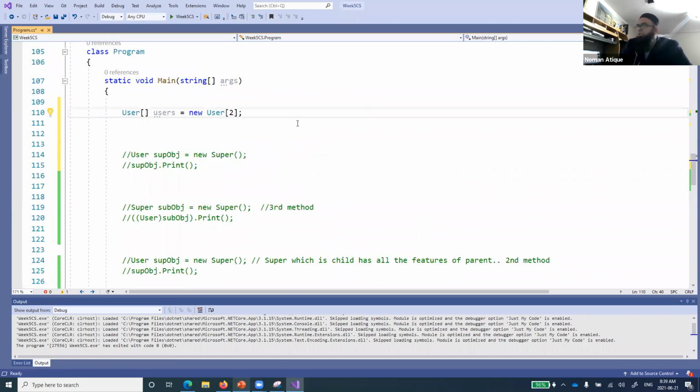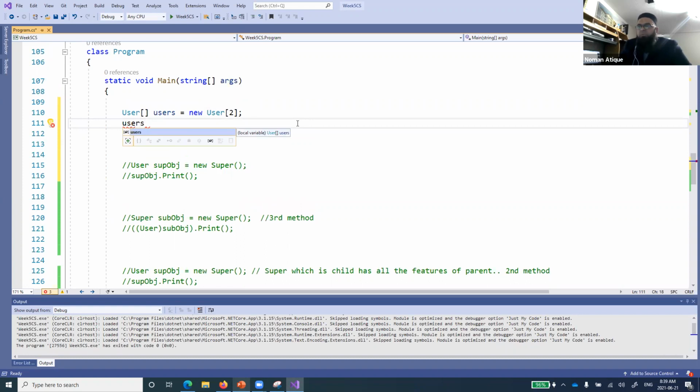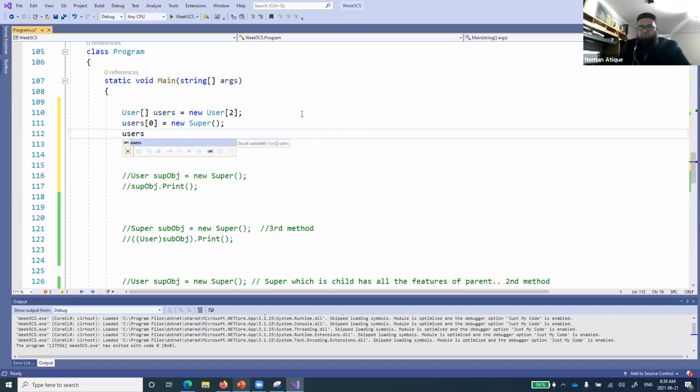So users of 0 equal to new, and what is my first child class? Super. Right. Assigning super object, and users of 1 equal to new, not super. What is that? Admin. I've just called that admin.